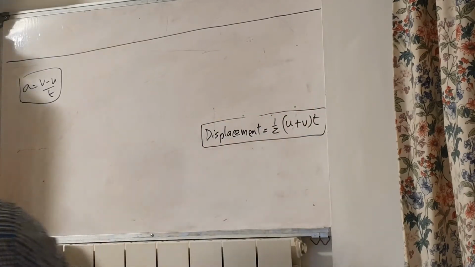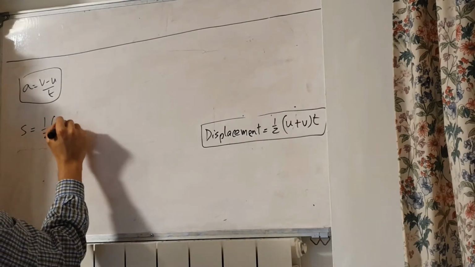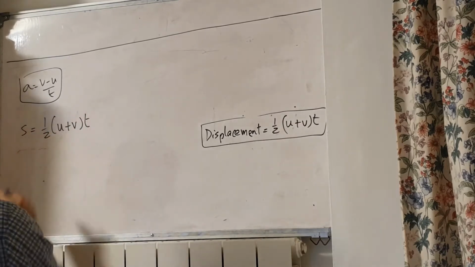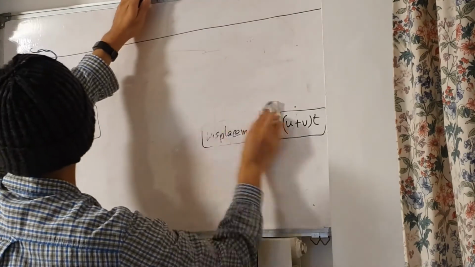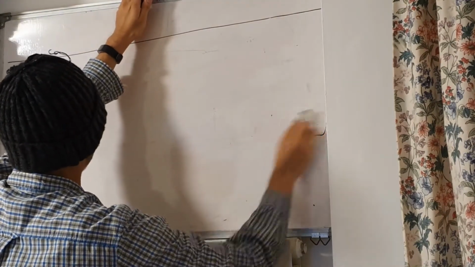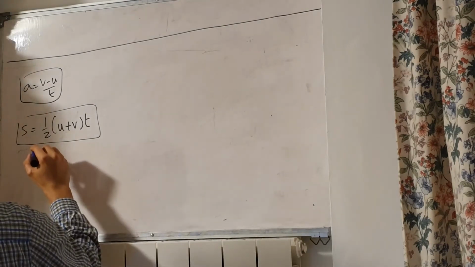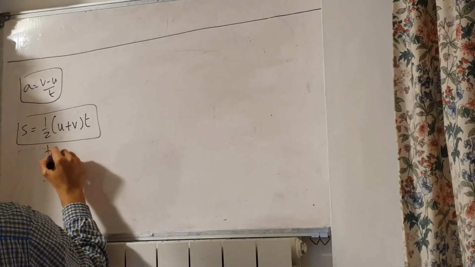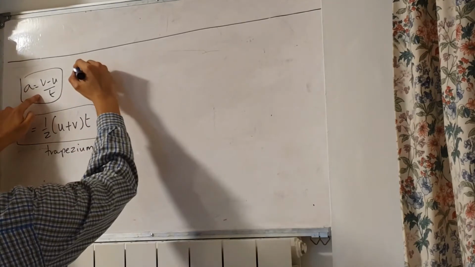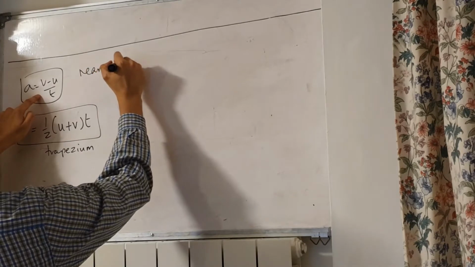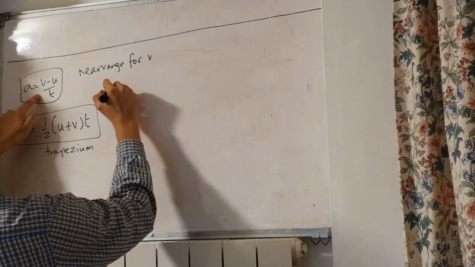Now to get the SUVAT equations, you need to combine those two equations together. Now what's the symbol for displacement? It is s. So s is equal to half open brackets u plus v close brackets times t. So to get the SUVAT equations, we just have to combine those two equations together. So we're going to change the subject to v. So rearranging for v,